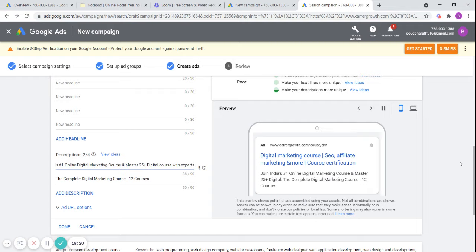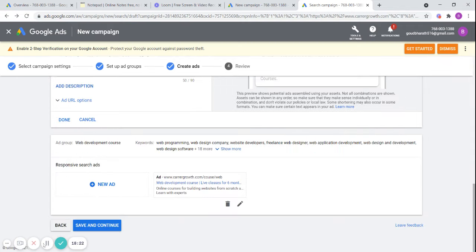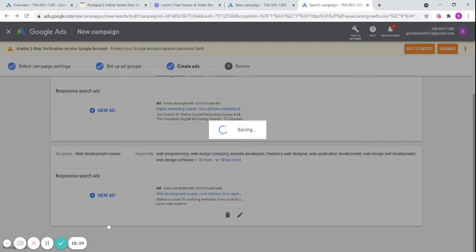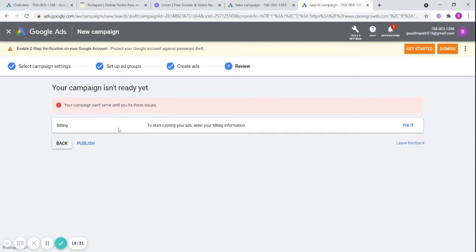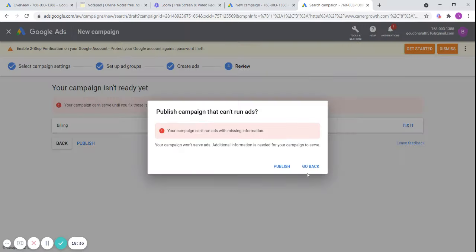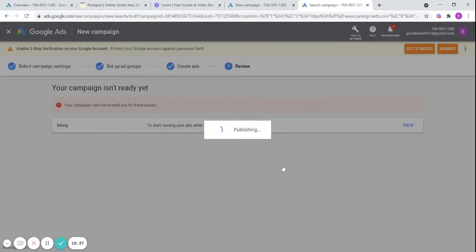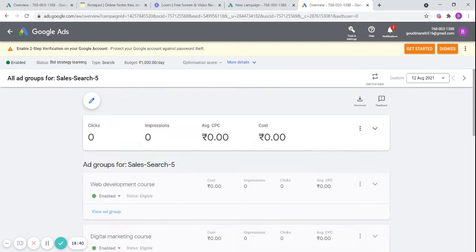So now you don't see any issue. Save and continue. Yes. Let's publish. Publish. So I've not entered my billing details. Whenever I enter my billing details, my ad will be active.